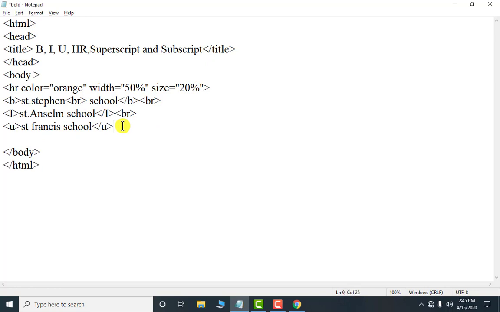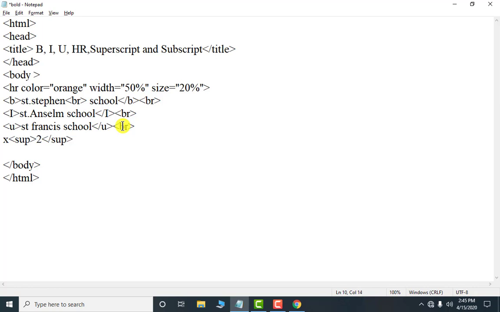Okay, so here just after this I am showing you. Again, here I am applying the BR tag. Okay, now suppose I want to write x square plus y square. So x simple, then SUP for superscript, 2, here SUP close.